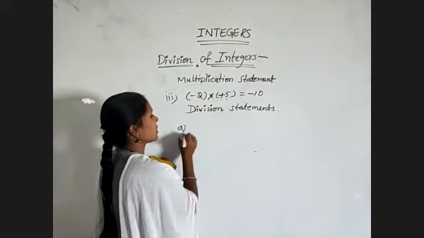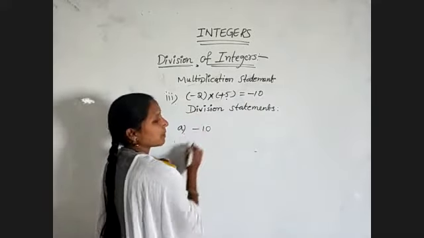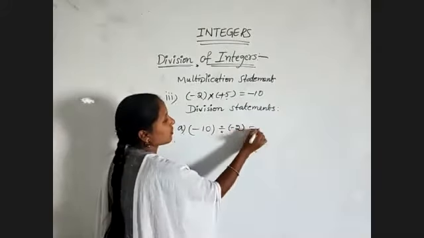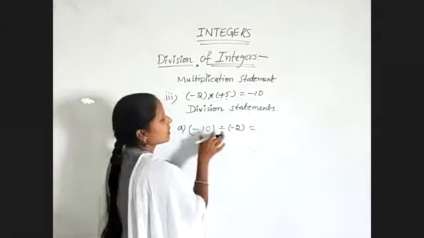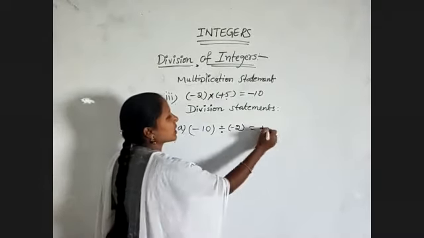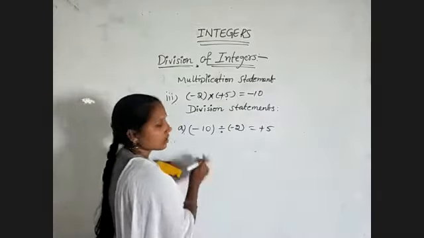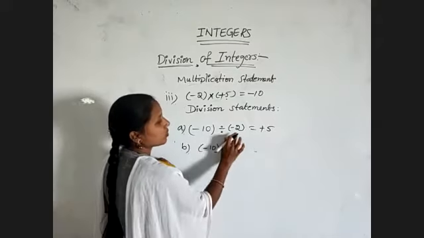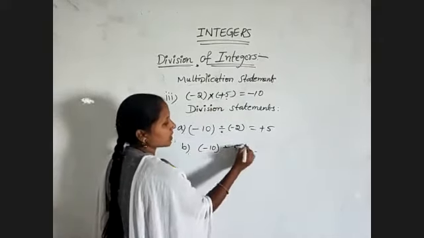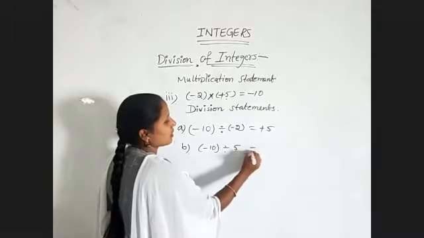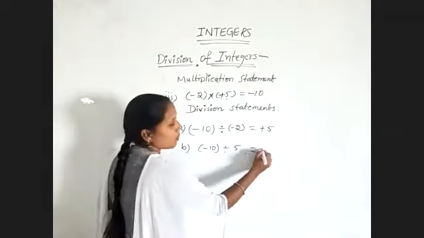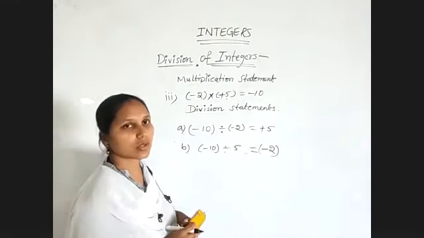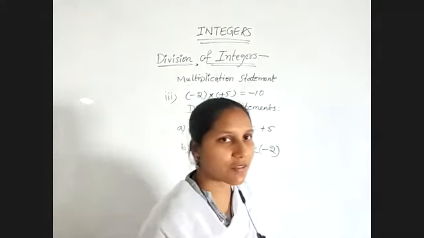So now write the division statement. As usual, first the result, minus 10 divided by one of the division factors, minus 2. When you are dividing two like integers, the result will be plus, 2 5s are 10. That's why we got plus. And next, the second one, minus 10 divided by, so 2 minus 2 finished, then the remaining number was plus 5. So one is positive, one is negative, so we will get minus. 5 ones are 5, 5 twos are, minus 2 will be the result. So these are the things to remember while we are performing division of integers.